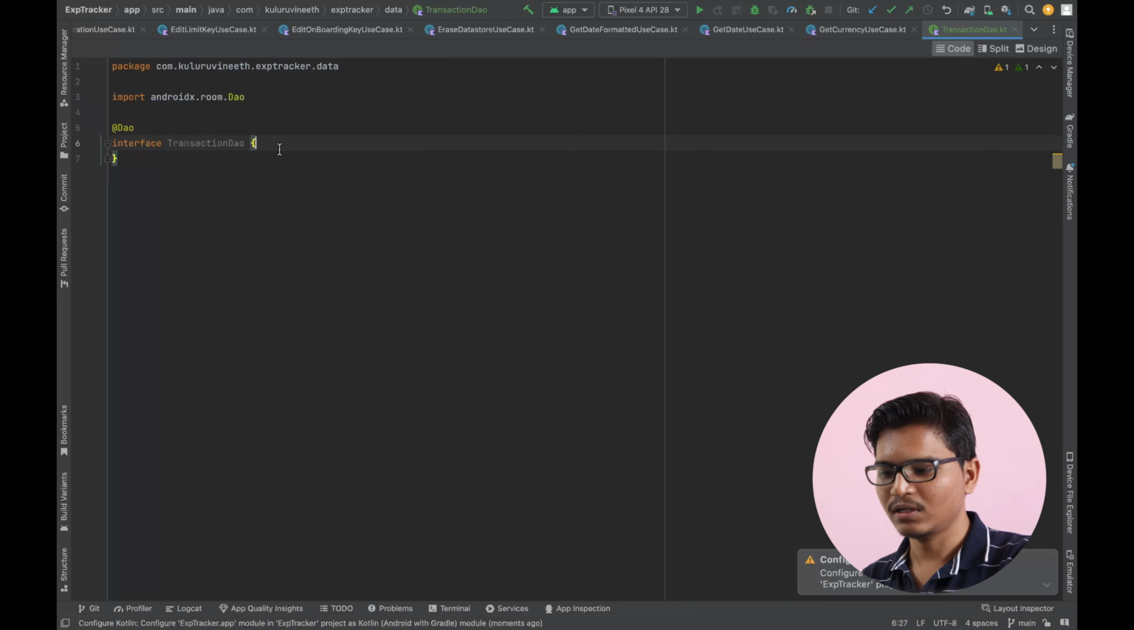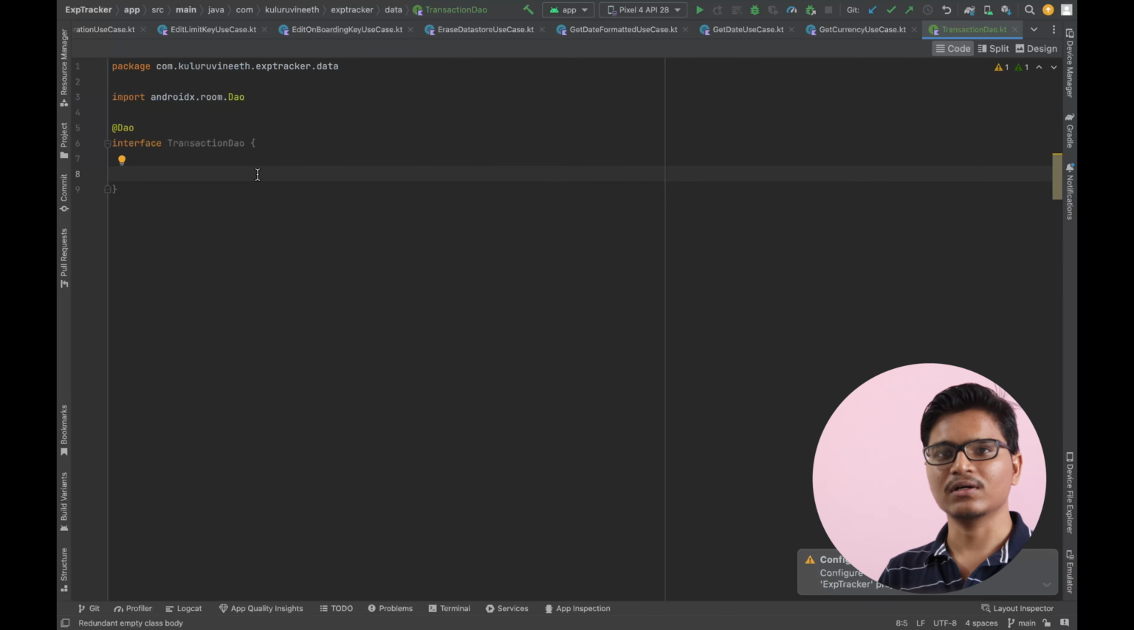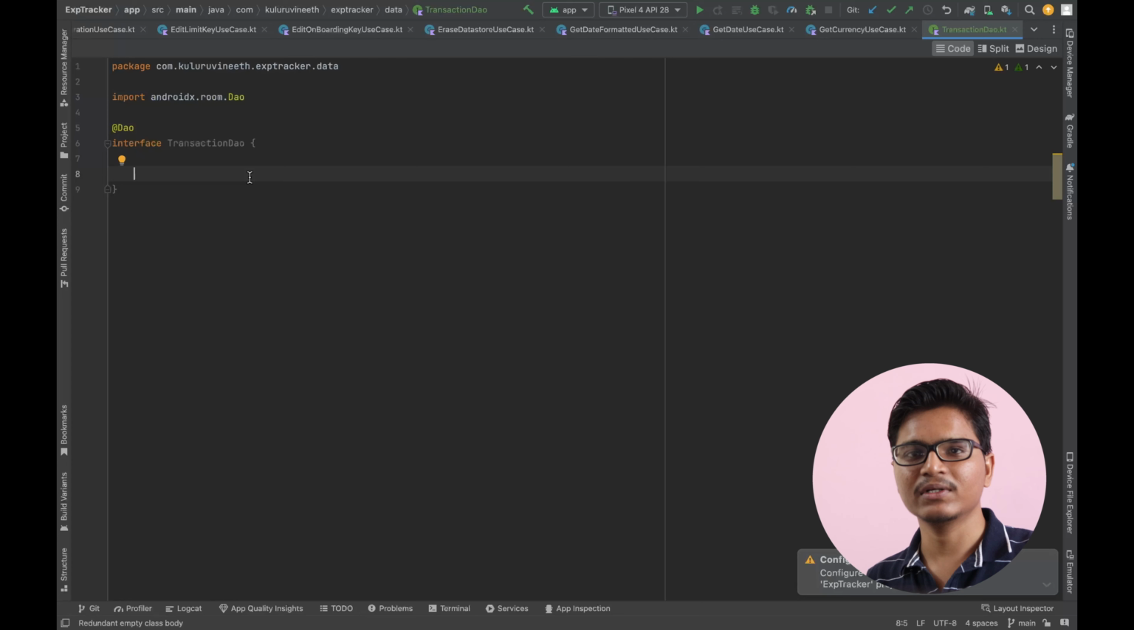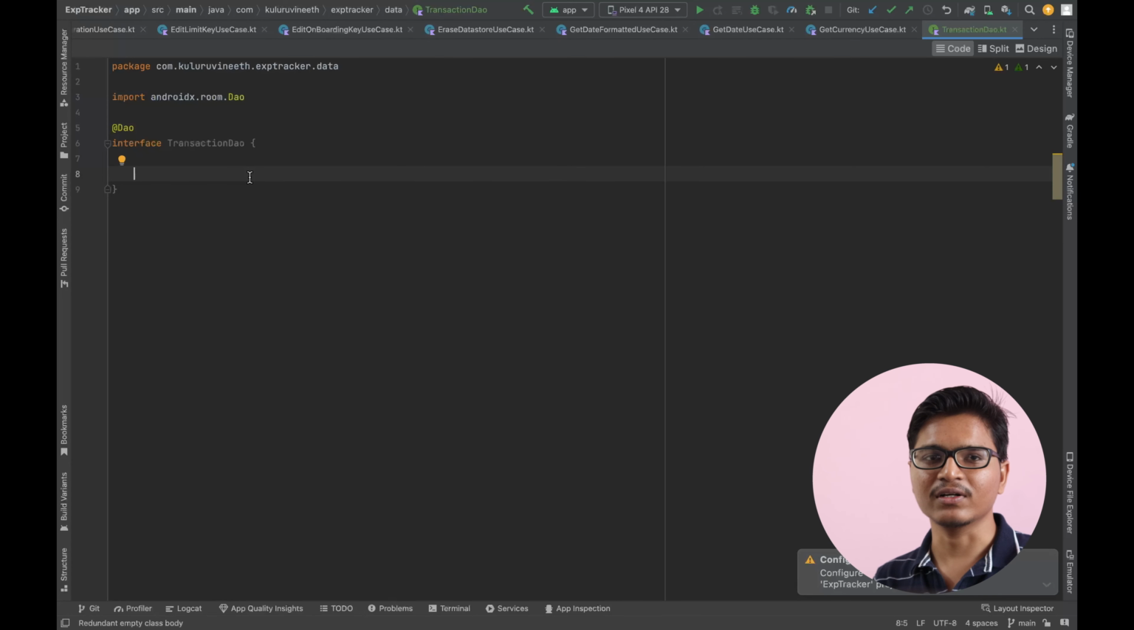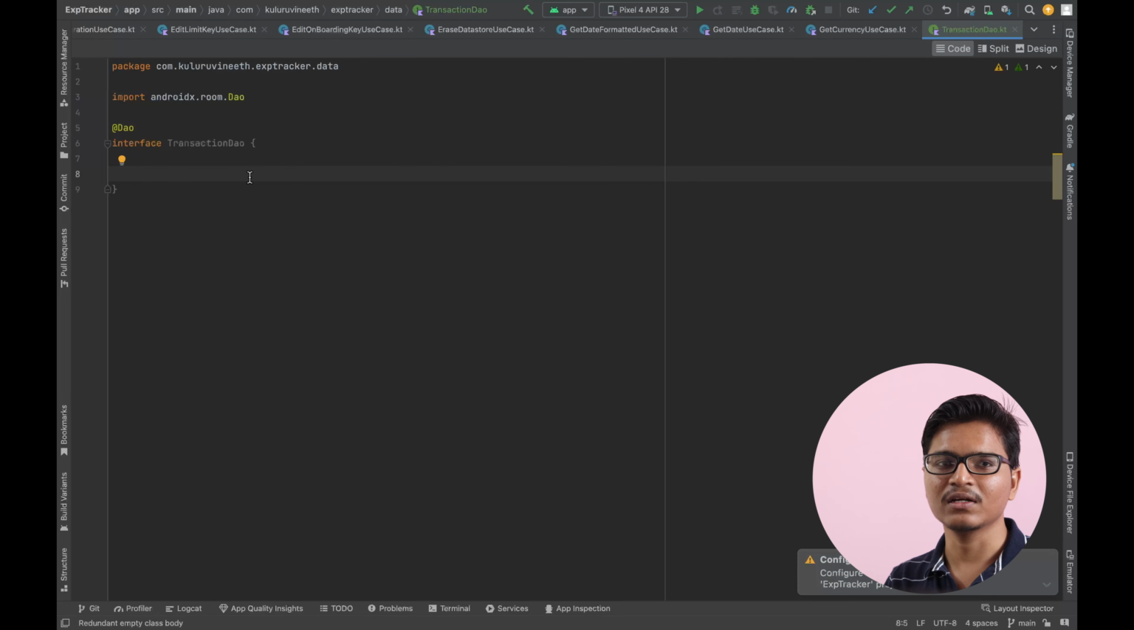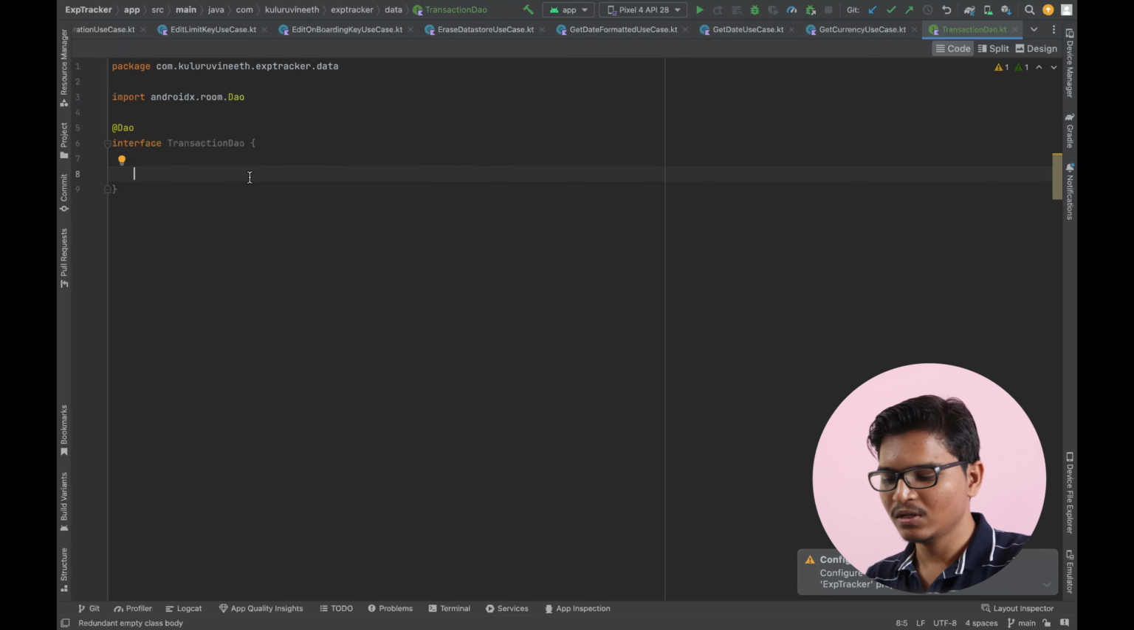Now here we have to define the operations that will be carried out on the tables. Whatever functions we have defined in the interface of the transaction, those have to be defined here, but we have to annotate them with the query. Let me write one so you'll get to know what I'm talking about. So first is